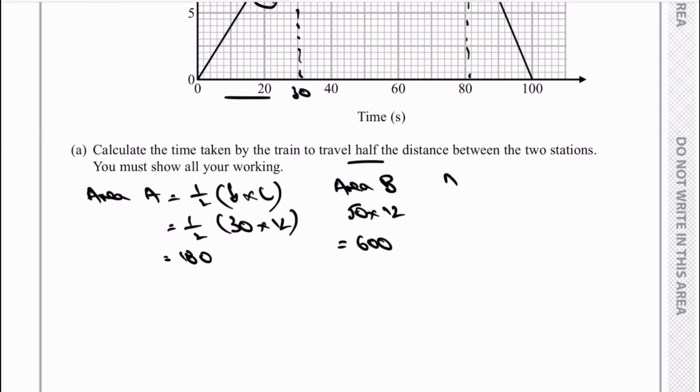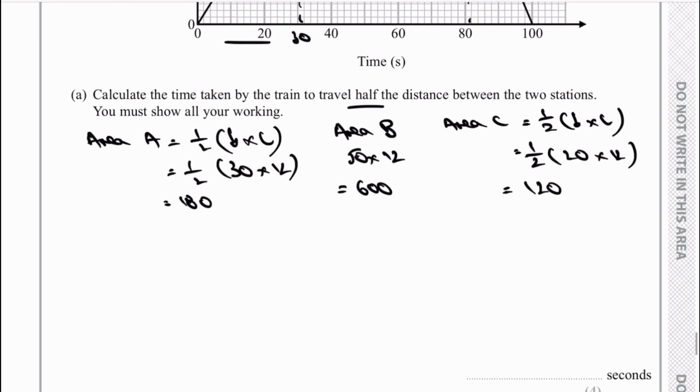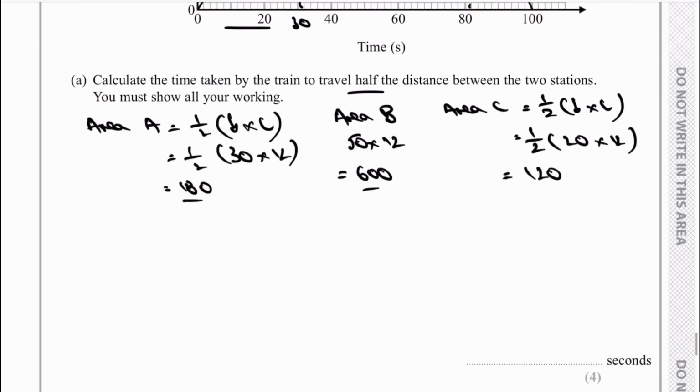Okay, and then finally I've got area C, and again that's a triangle, so that's a half base times height, and that's going to be a half. And the base, hopefully you can see at the very top of the screen there, is going to be 20, and then the height again is going to be 12. I pop that into my calculator or I work it out, and that's going to give me 120. Okay, so the total distance is going to be 180 plus 600 plus 120, so the total is going to